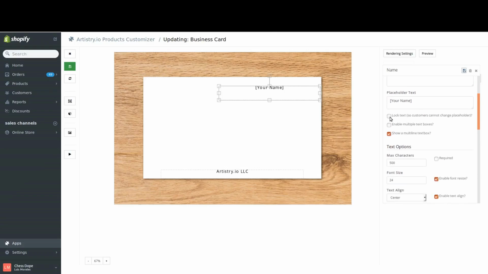We already discussed the lock text option. I don't want to lock this text, so I'm gonna leave it unchecked. The next option is for the multiple text boxes. So if you check here, you will enable multiple text boxes. And I'm not gonna use that feature for this design, but I will enable it quickly just to show you how it works. So see now I check there and I save it,